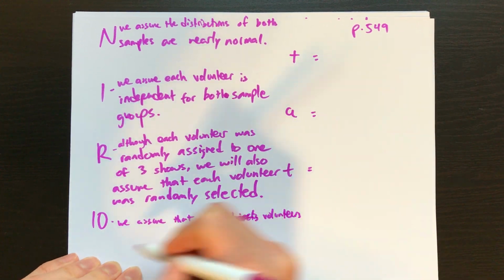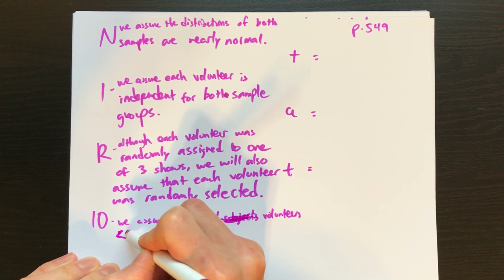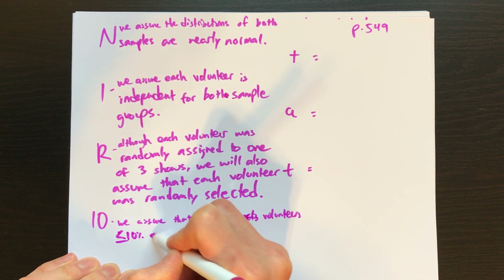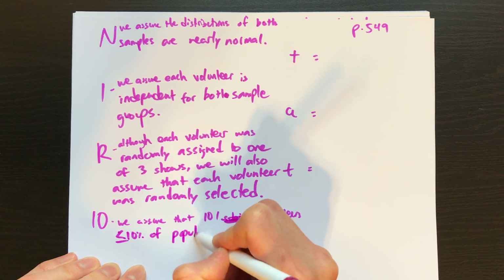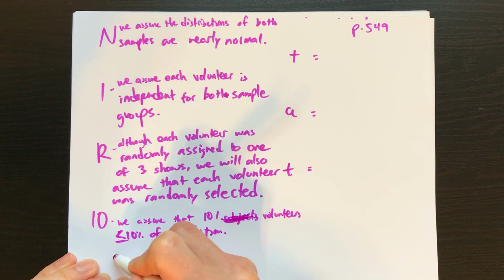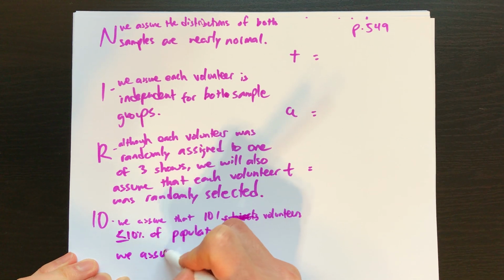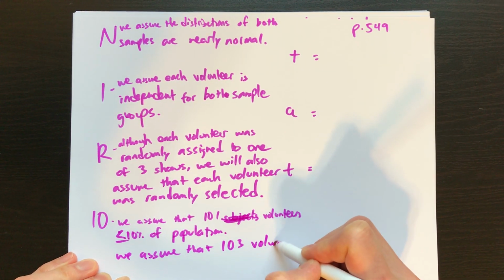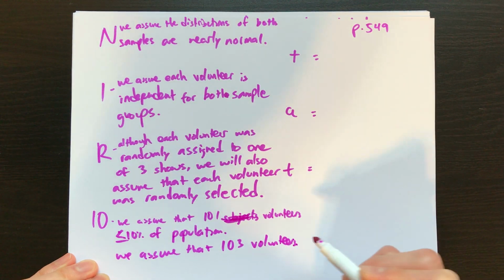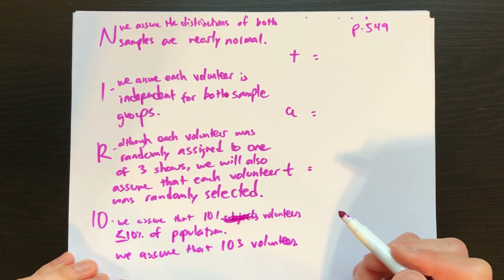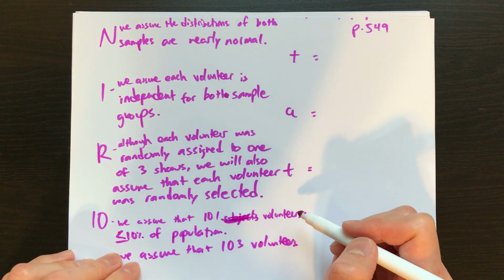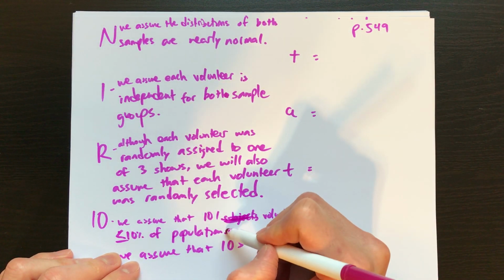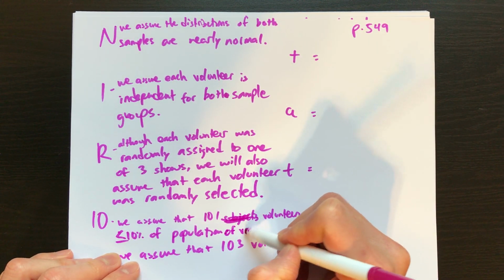Volunteers is less than or equal to 10% of the population. Okay, and also we assume that 103 volunteers, population of viewers